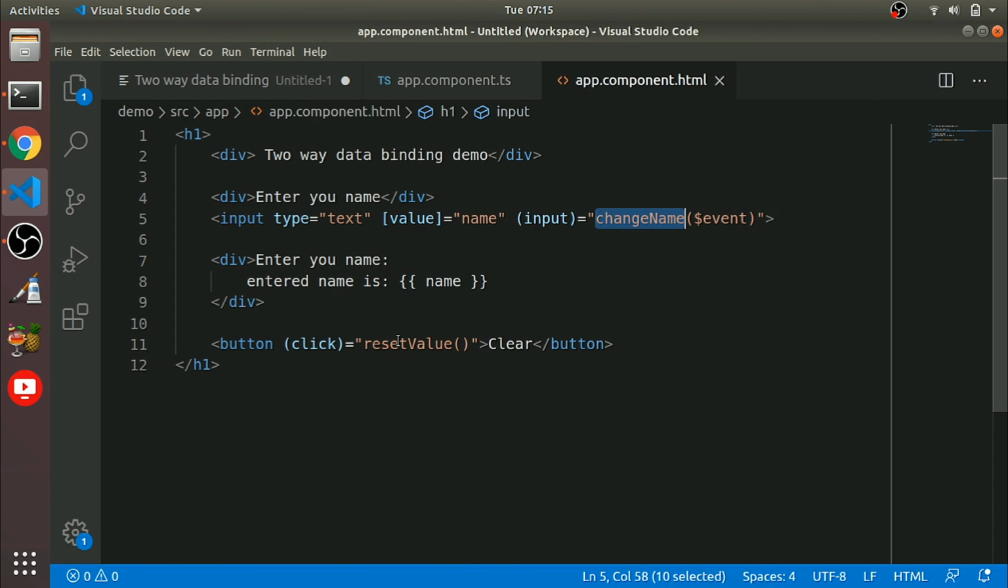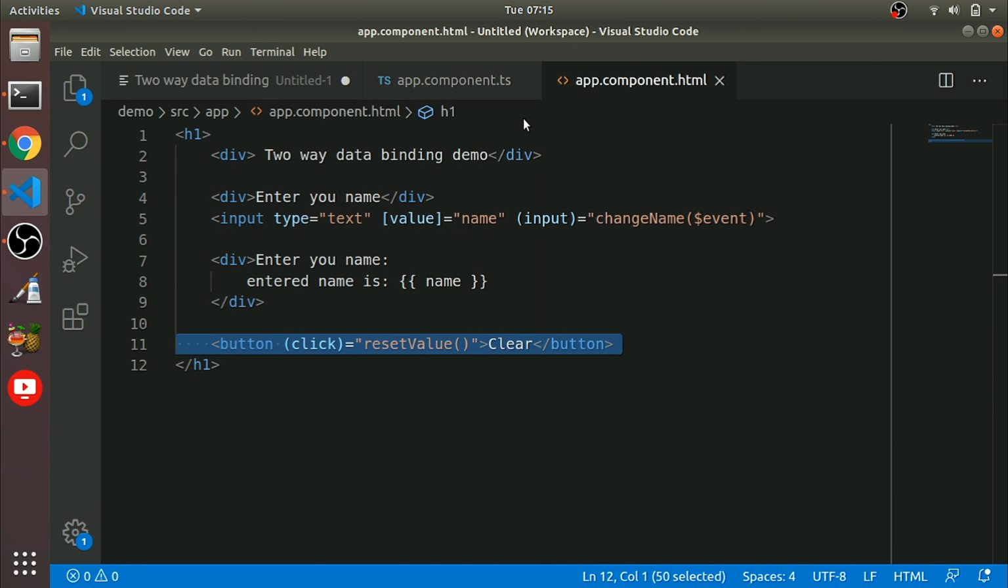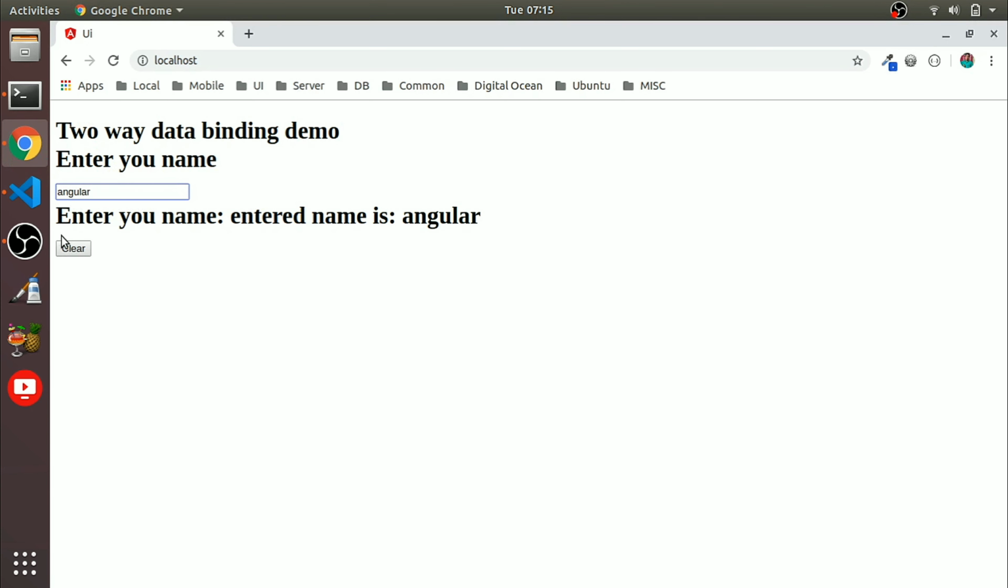So let's see component to view. What we will do for this, we will do a reset value, and what it is doing is this dot name is being set to blank. So once we change the name, it will immediately reflect here. I will show you that one. Clear, gone. So this is two-way data binding. Okay, so next what we will do,